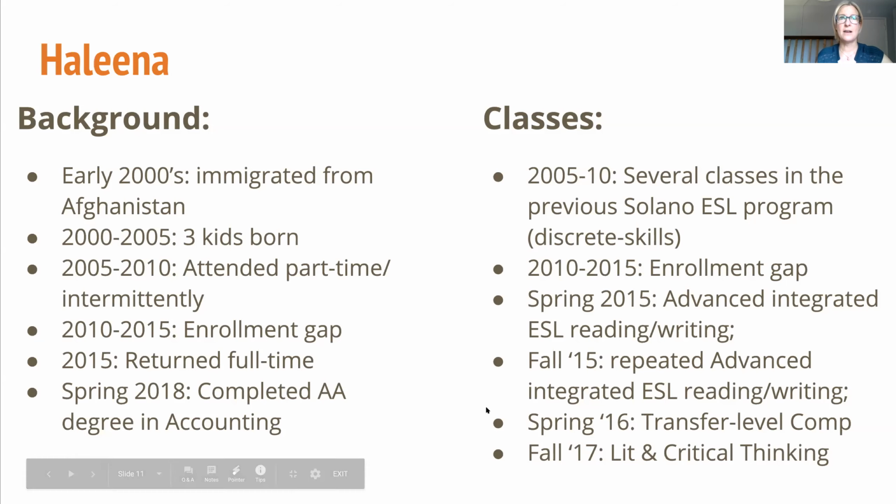She was on the borderline between a C and a D at the end of that semester, and I asked her what she wanted to do, and she said, I want to take this class again. And I said, okay. So I gave her the D at her request so that she could take the class again. And she did great the second time, and from then she just thrived. She went directly into transfer level composition, and as you'll see when we get to her grade record, she went on as a full-time student for the next 3 years, took all the classes, and finished her AA degree in accounting in spring 2018.